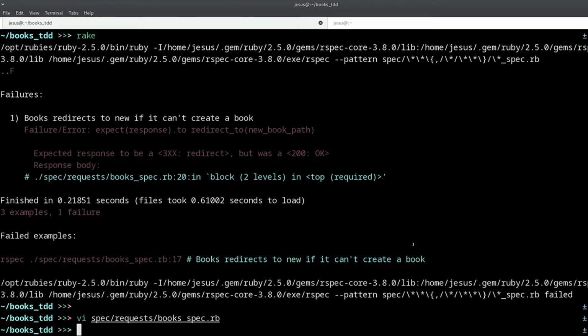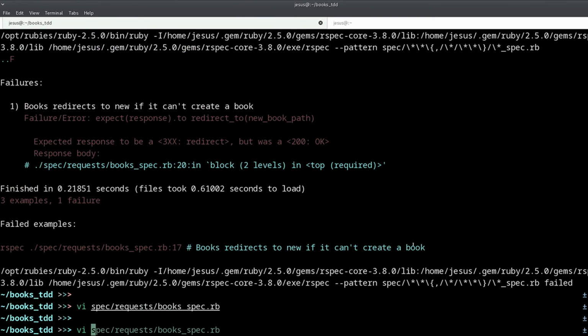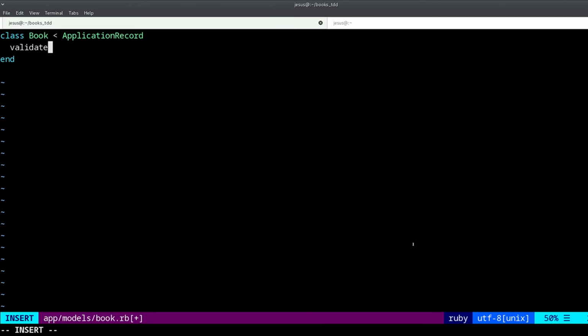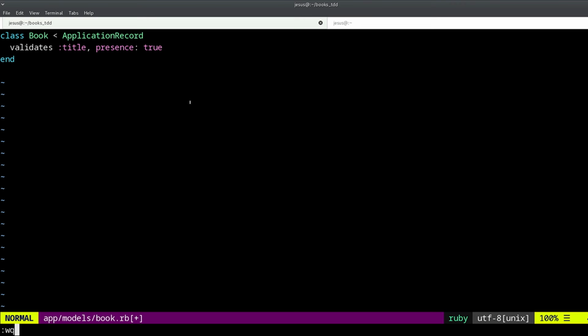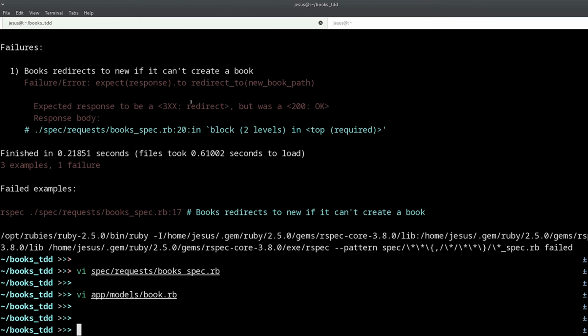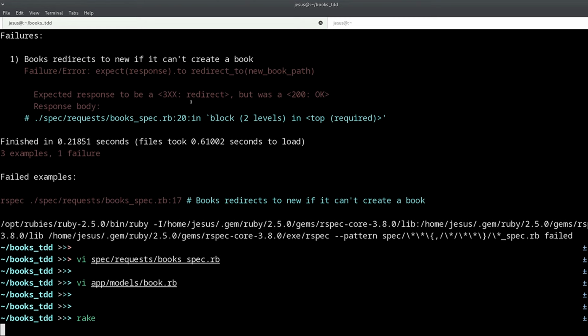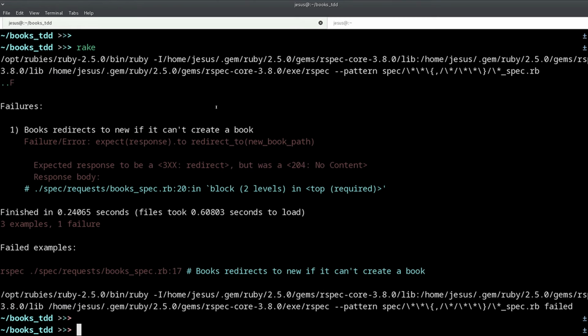So now what I want to do is to add a validation to our model. So let's go up, models book, and we're going to validate title presence true. So remember, we don't test the validation, but what we're going to test is that the controller does the right thing when the validation is triggered in some way. That we can test. Okay, so I run the test